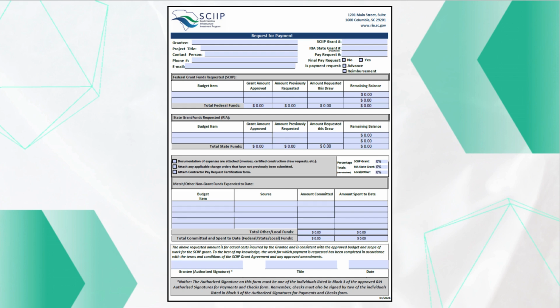In this first section, it covers key project information, including the grantee name, project title, contact person and contact details, grant number, pay request number, final pay request status, and whether the payment is an advance or a reimbursement. The request can be an advance or reimbursable depending on whether the grantee has paid for the invoiced work before